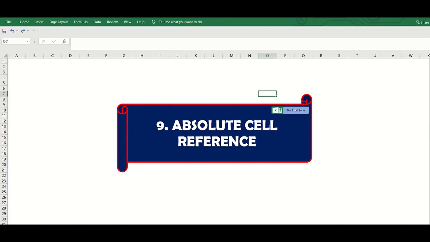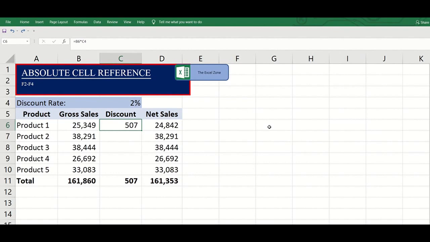Next, absolute cell reference. There are two types of cell references, the relative and absolute cell reference. In this formula, it shows both relative references and it refers to one cell to its left and two cells above. If we copy the formula down, the references are the same, one cell to its left and two cells above. However, we encounter an error because the second formula is not referring to the discount rate in cell C4